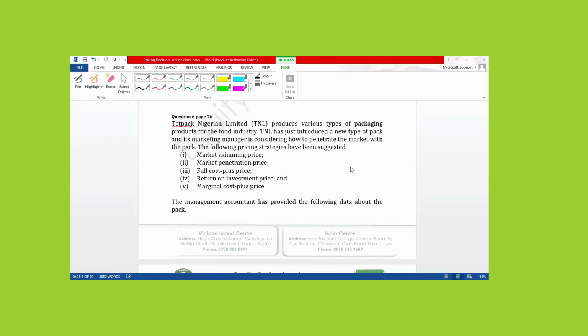For return on investment pricing, it's a pricing method whereby the total cost of the product is estimated. In addition to the total cost, a target return on investment will be added to the total cost. We use this method